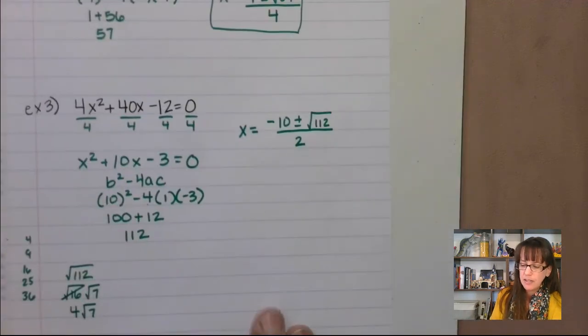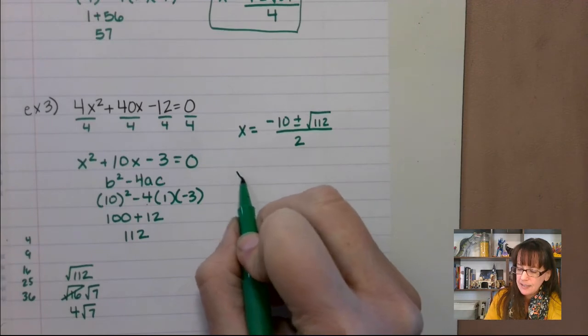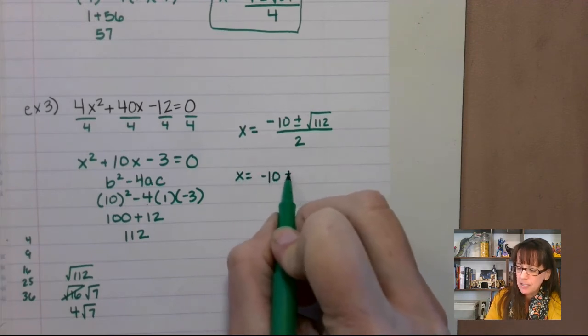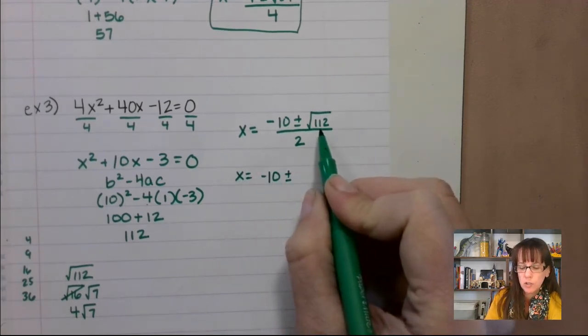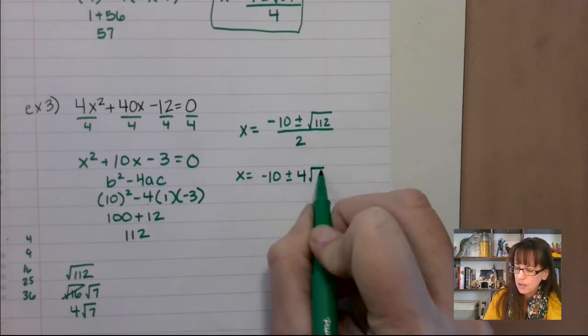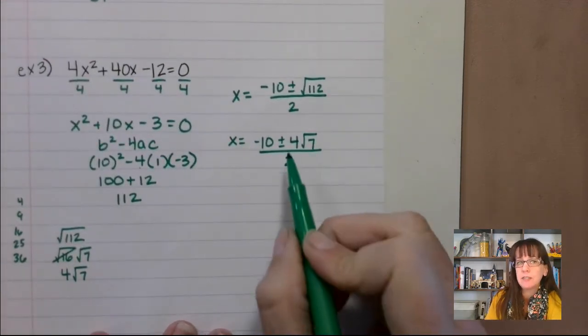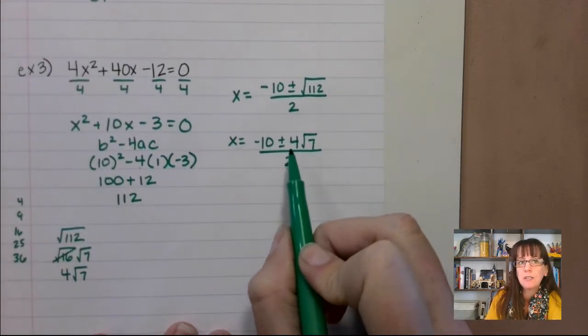All right, now that we've done that side work, we can take that information back up here. So we're going to say x equals negative 10 plus minus, and instead of the square root of 112, we're going to say 4 root 7. That's the side work we did. All divided by 2. Now, one last step on this, you have to ask yourself, do these three things have